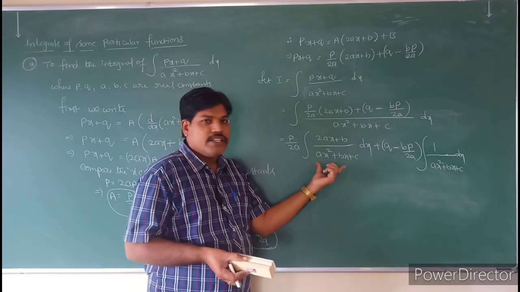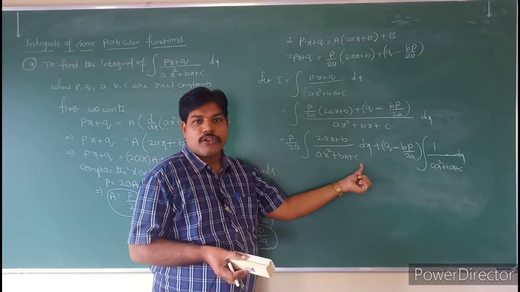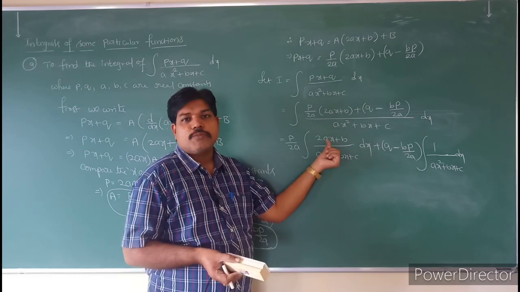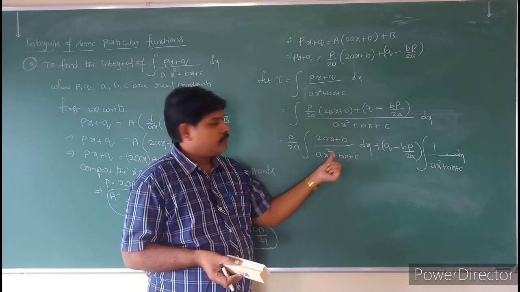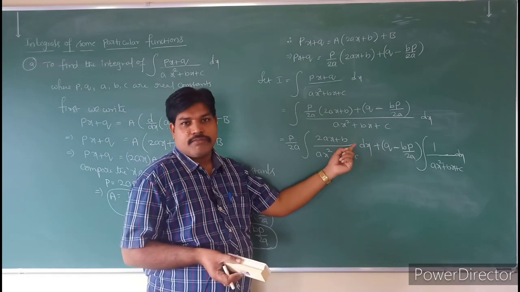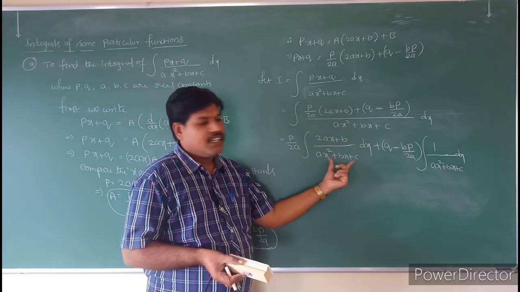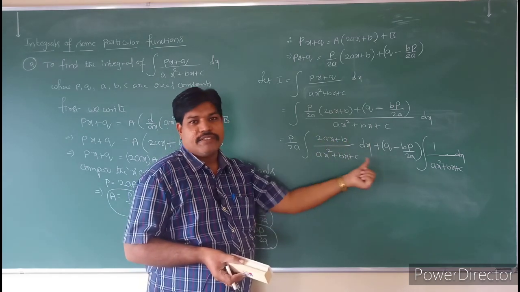And also here this is the form. What we will get, that ax square plus bx plus c is equal to t. 2ax plus b is the derivative of that term. The derivative of ax square plus bx plus c is 2ax plus b. Yes or no? So automatically, if you take this value as t, this total term will become dt.